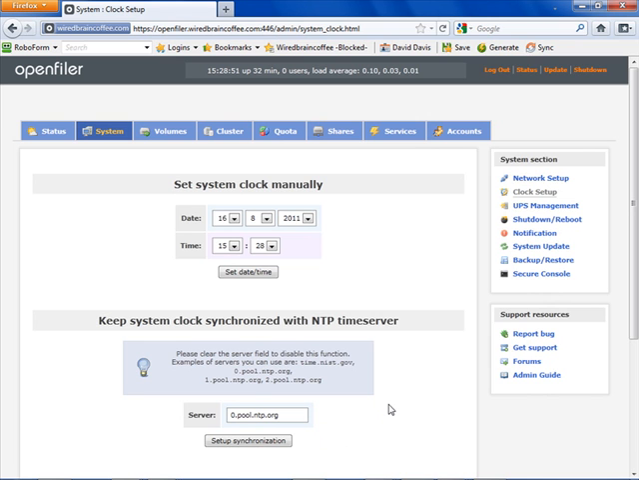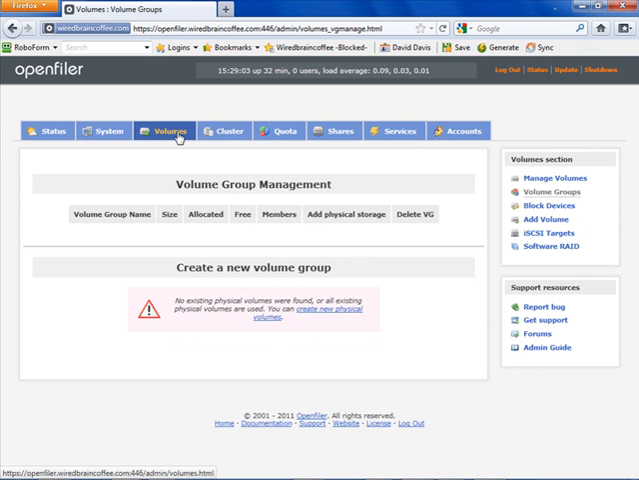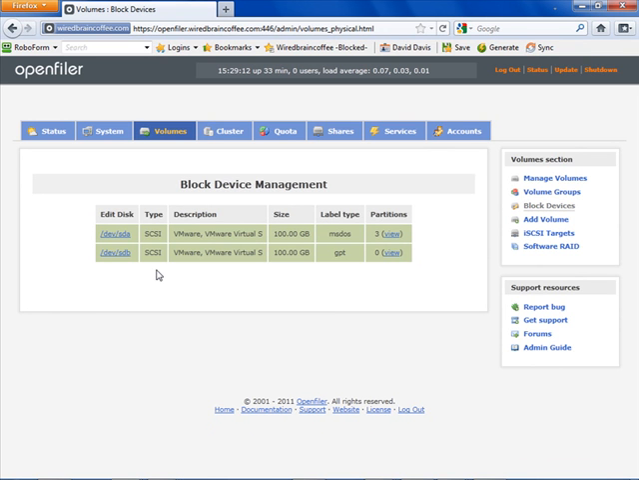With NTP configured, the next thing we said we needed to do is to create a partition and volume. To do that, I'll go into the Volumes tab, and then underneath Volumes, I'll go down here to create a new volume group and click on Create a New Physical Volume. Now we have two physical volumes here. We have dev SDA, which is the first VMware virtual thinly provisioned disk we created,